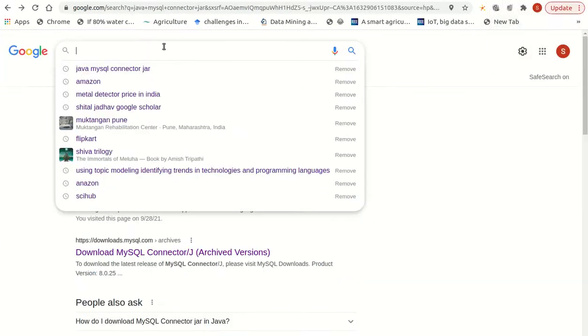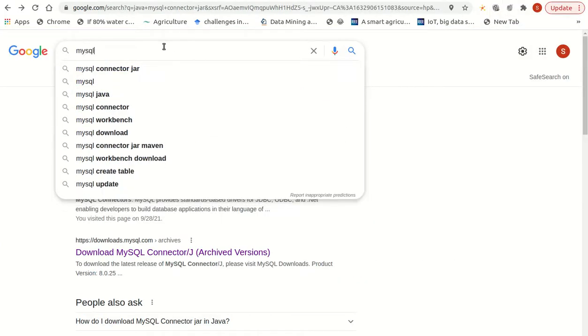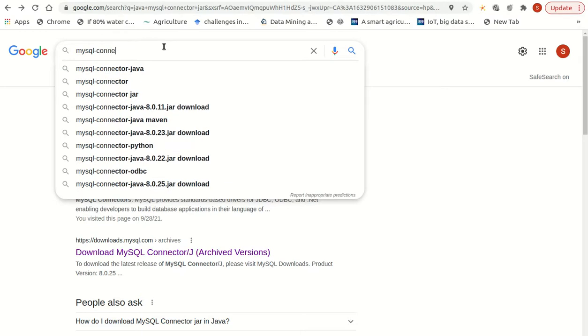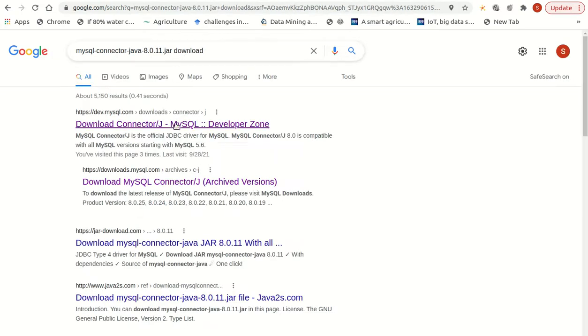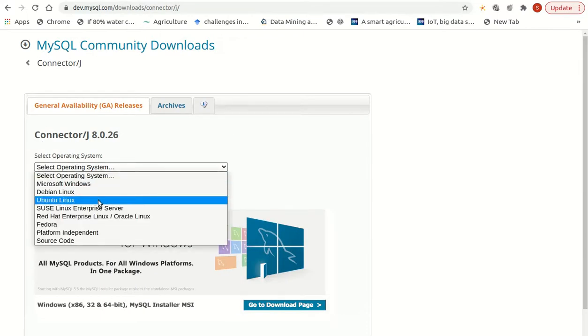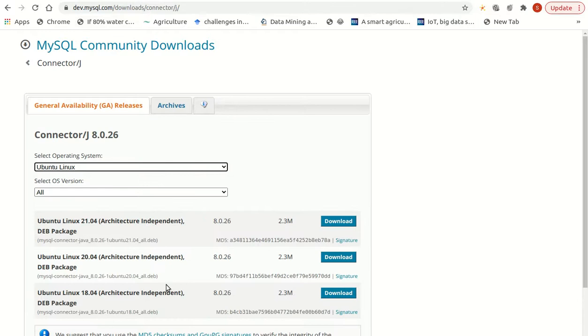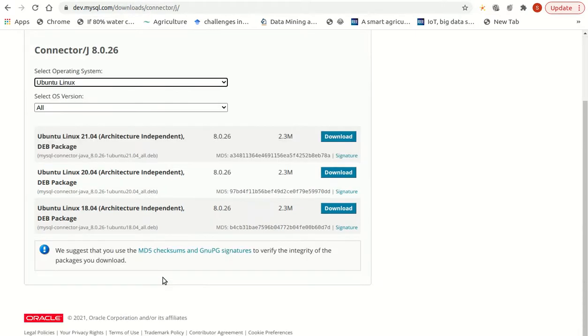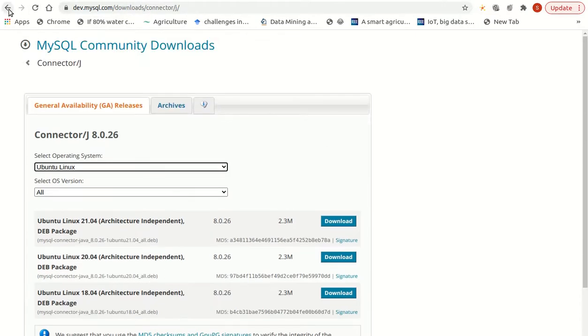You have to Google mysql-connector-java, and you will get suggestions, and from there you can download the jar file. dev.mysql.com, and in the connectors, okay, you have to go to this official site, dev.mysql.com, and here you will get the installers.